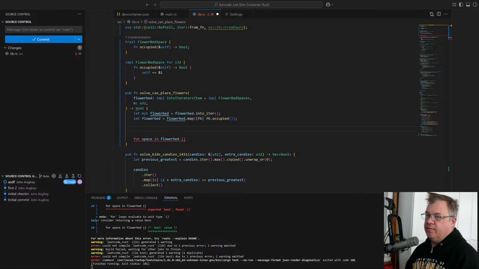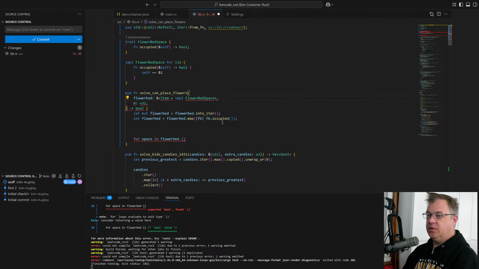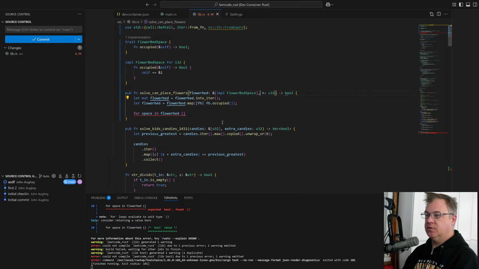We need to know for every space that is not occupied, can we plant a flower in there? Okay, I'm going to change this a little bit. This is going to be a reference to something that implements flower bed space.